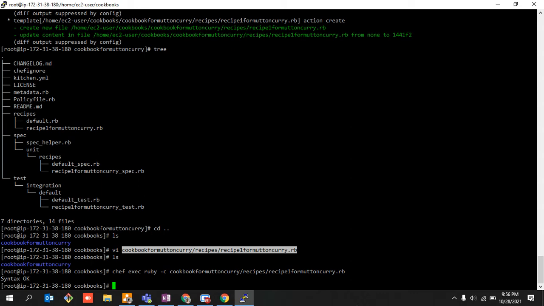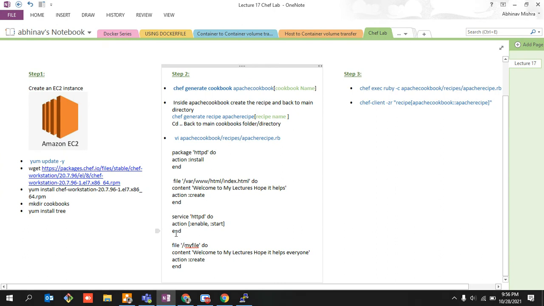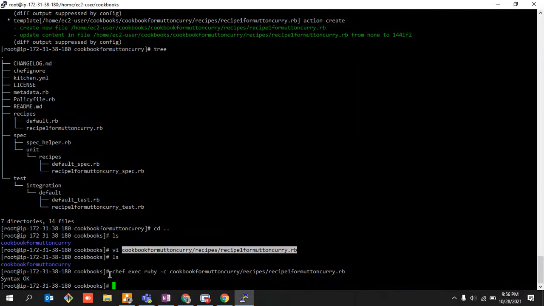I would show you later on, if this end was in capital E, right? Just imagine, and I would have done the same thing, and I would have run this particular command, it would have failed simply. It would show that there is some syntax error. So again, you need to go back over here. You need to make sure that it is in small, and then copy it into this particular file, and then execute it. Only then it will work, right? So this basically checks your code whether all syntax is okay or not.